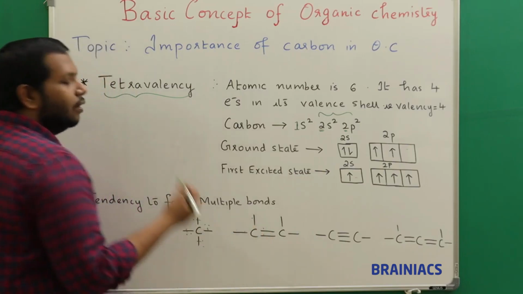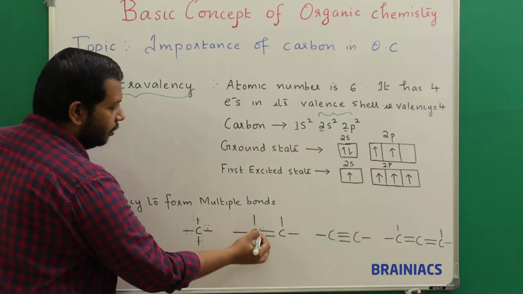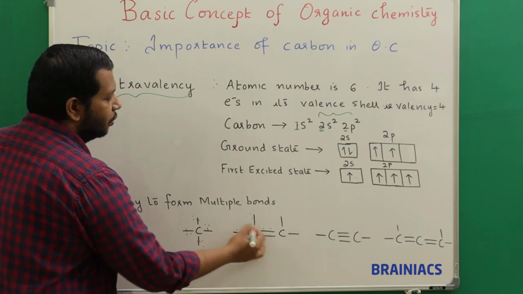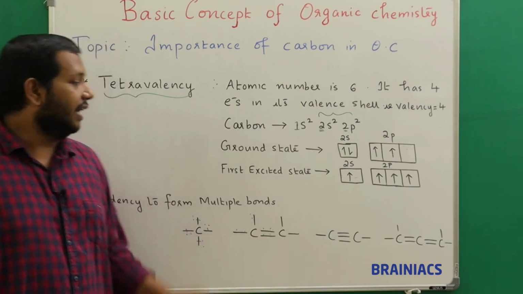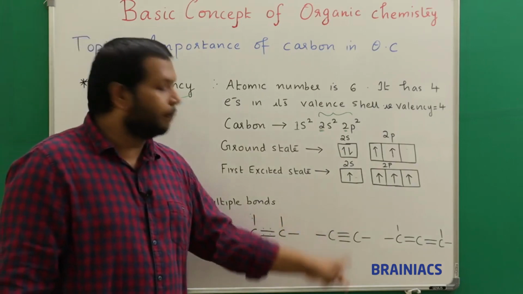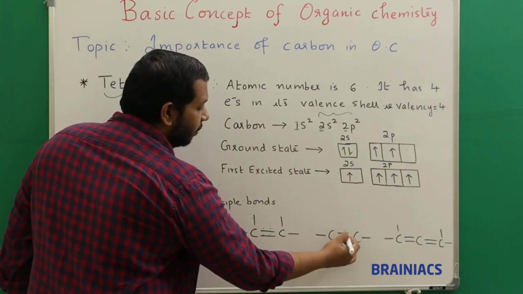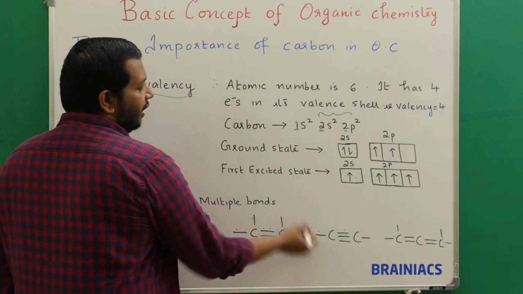So the valency still holds good, and when one more electron comes from the other elements, it will become how much? Again 2, 4, 6, 8. So this will also attain stability, and similarly this element will also attain stability. And similarly it can also form a triple bond. In a triple bond here you can see between carbon and carbon 6 electrons are shared and 1 electron is shared with an extra element.